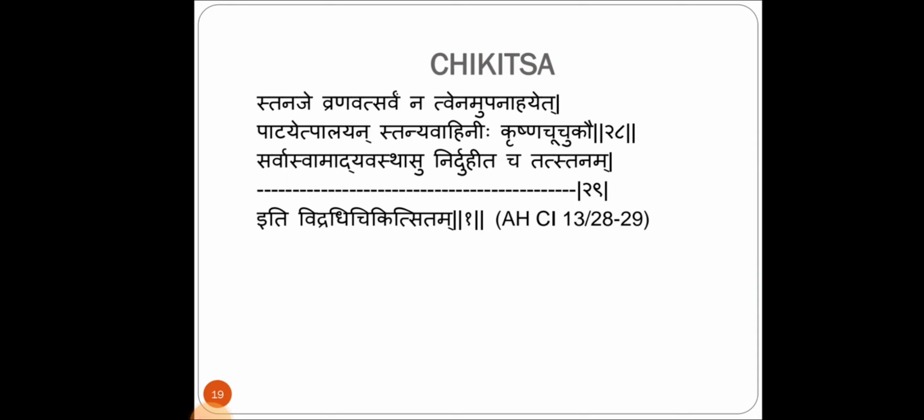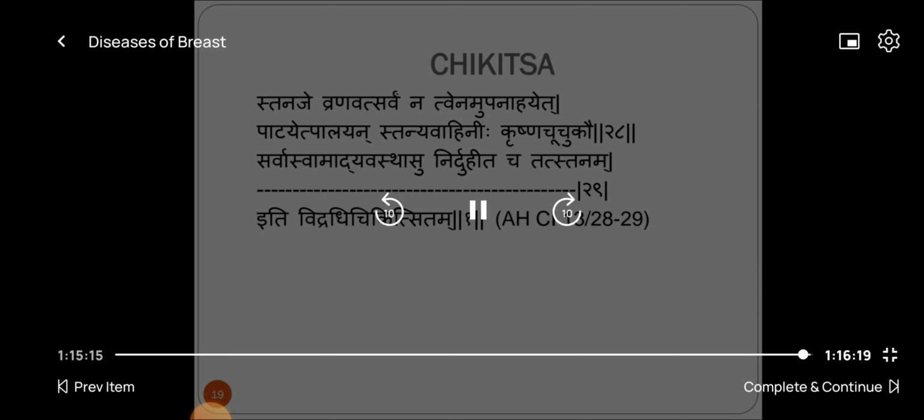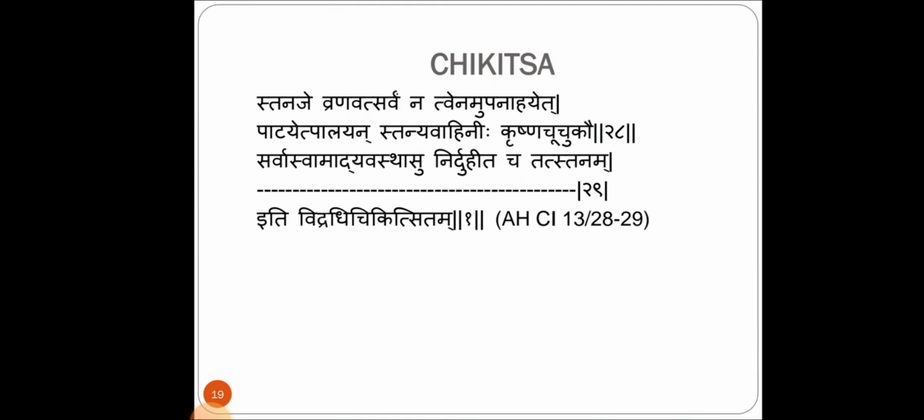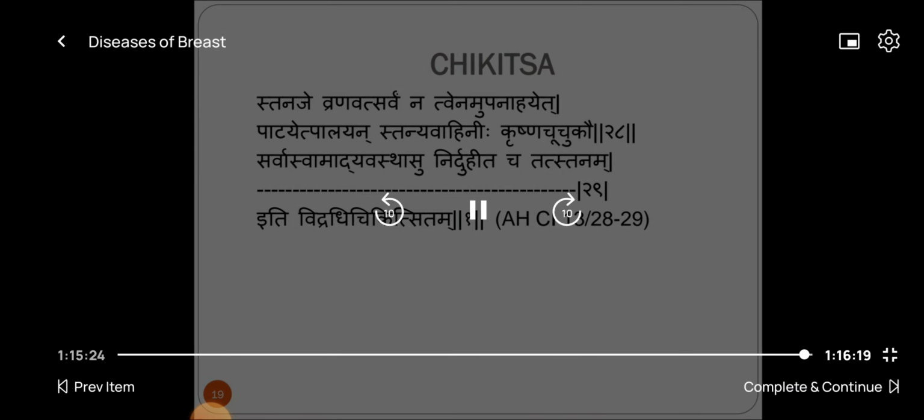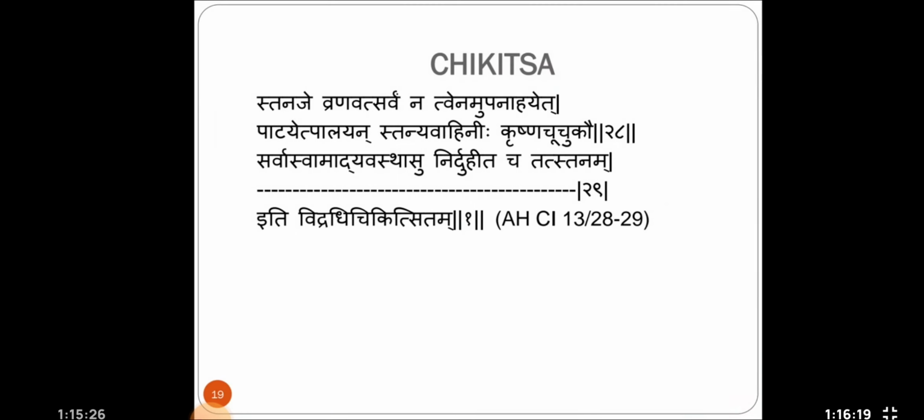And regarding Stanaroga, when we consider Ayurveda and modern correlations, there are references regarding Tristani, Asthani and all, which we can correlate to the congenital anomalies, like amastia, polymastia, etc. So that comes under that heading. Then the hematoma and all, Agantuja Shotha will be coming. Then the Stanaroga, that is mastitis, abscess and all. Then the Granthi means fibroadenoma, phyllodes tumor, etc., can be considered under the